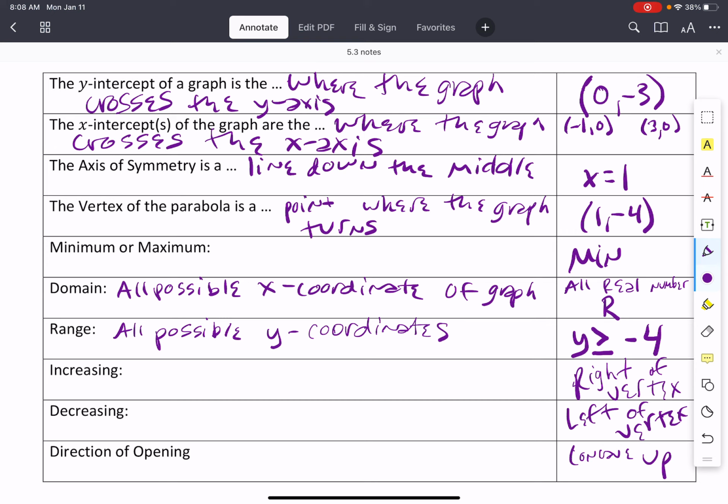Okay? All right, what I'm going to do now is I'm going to walk around and help. The best way to learn some of these is to practice. What I want you to do is I want you to look at